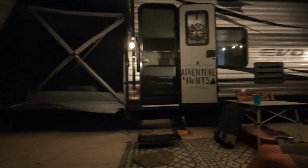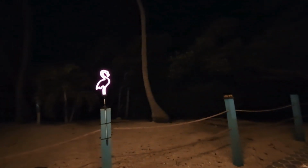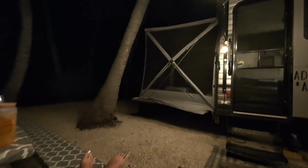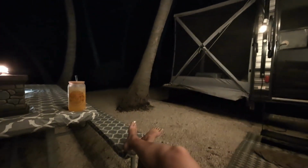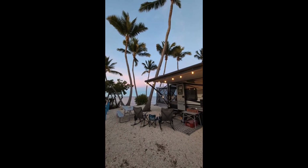Enjoying our first night here. Got a little adult bevy going on. The blackness of the sea with the cute little flamingo lights. That's absolutely perfect. Yes, this site was one of the most expensive sites we've ever paid for, but the majority